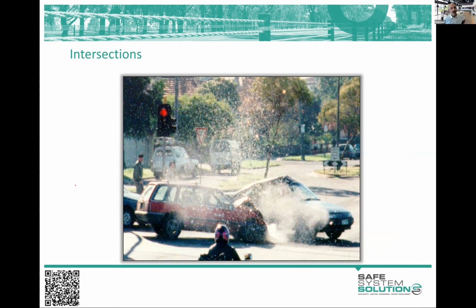Intersections. They're a really interesting part of our network. A lot of people focus on, obviously, the crash between vehicles at intersections. And that's certainly a source of death and serious injury to our community. And we see that happen at signalized intersections, at passively controlled intersections. And passively controlled, by that I mean a give way or a stop intersection, so a yield control or a stop control intersection. We certainly see these crashes happen.